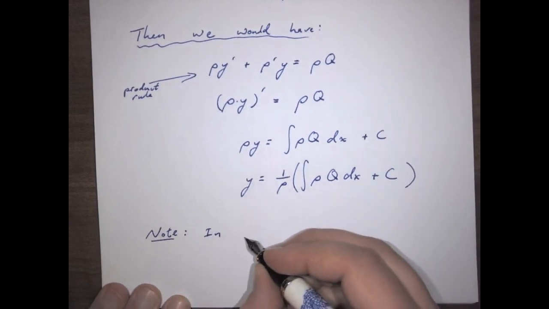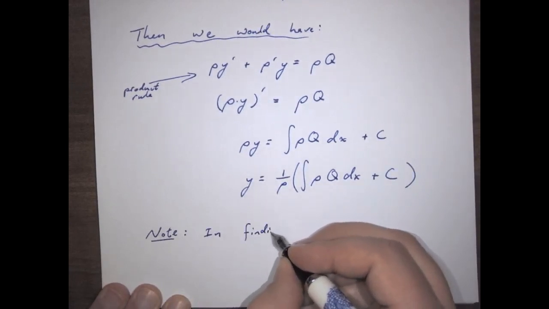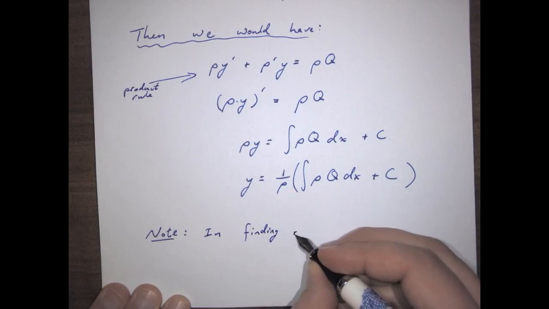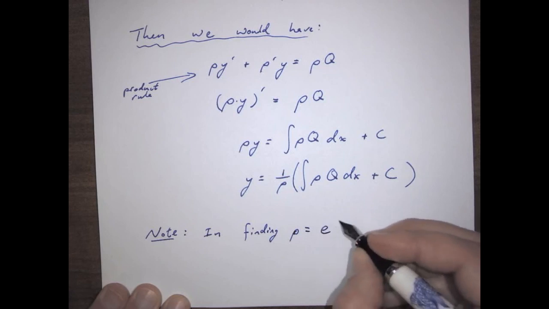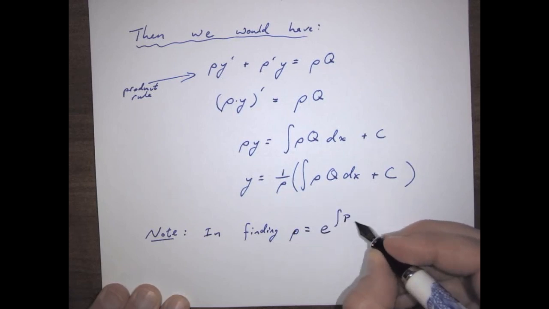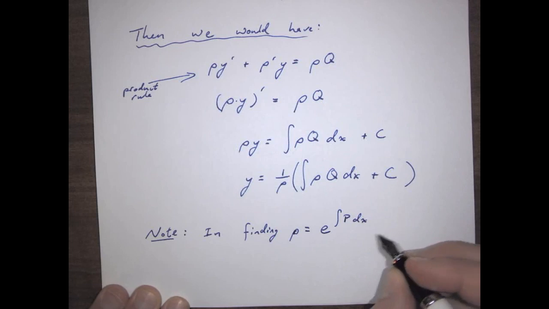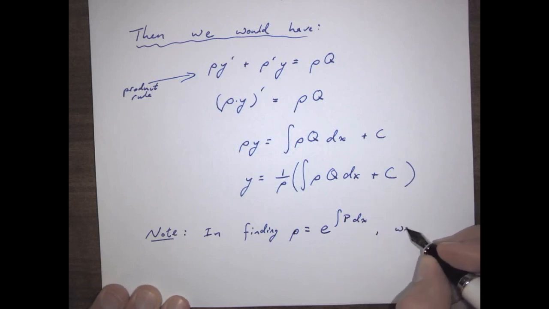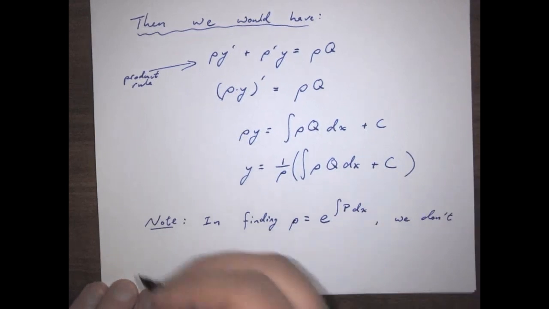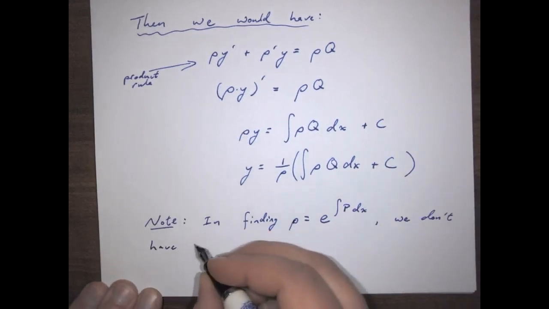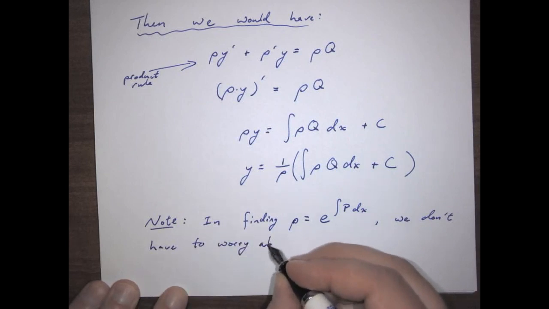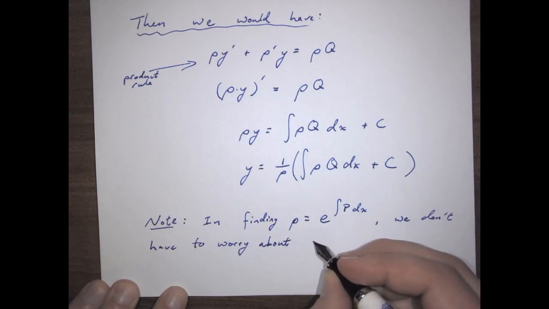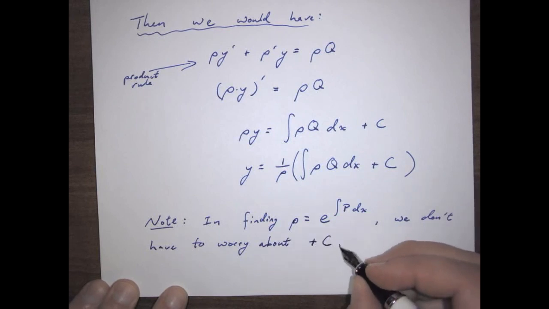In finding rho, which is equal to e to the integral of p dx, we don't have to worry about a plus c,